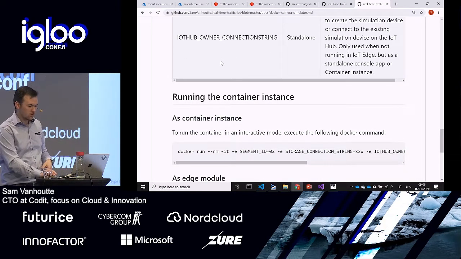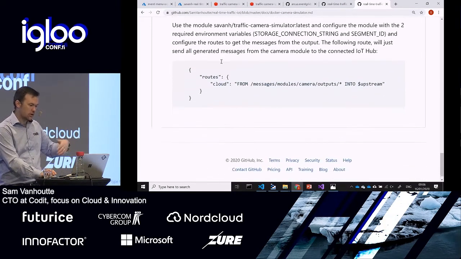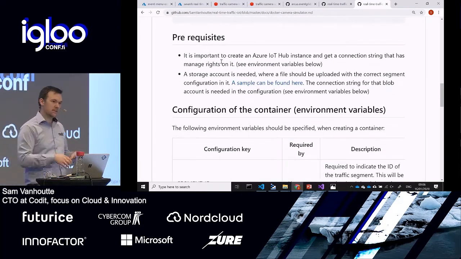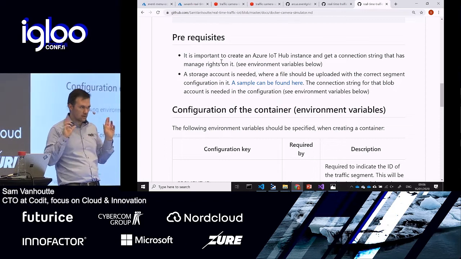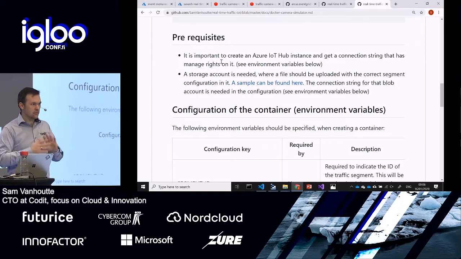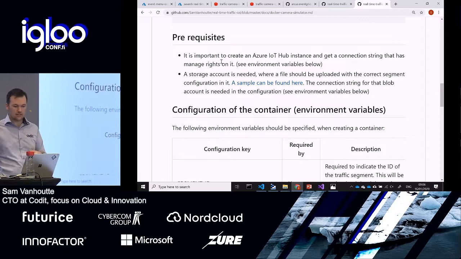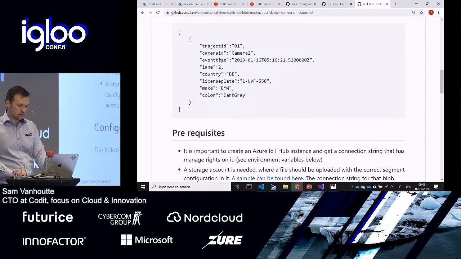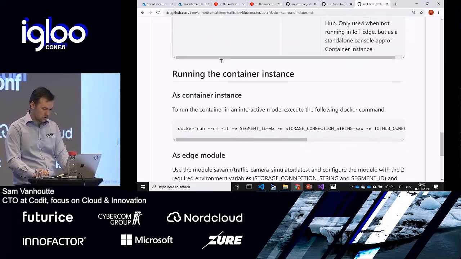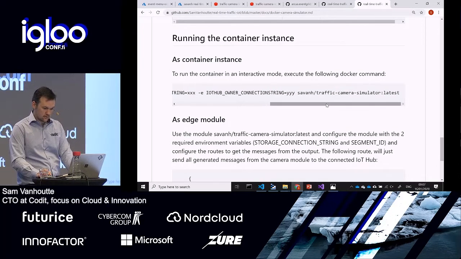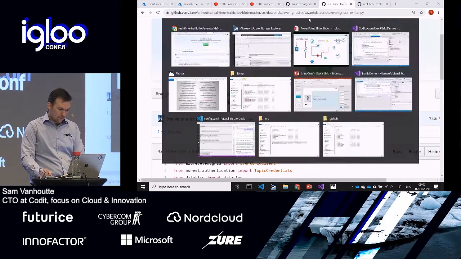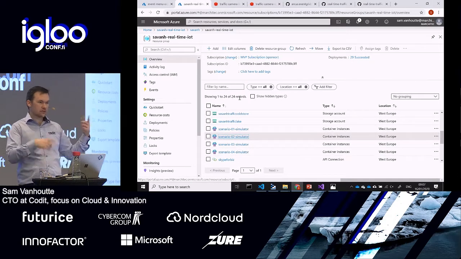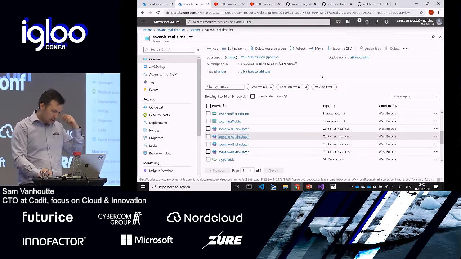It's fully explained how to run it, how to store it as an edge module or as a standalone module. The good thing is that it splits these events into IoT Hub. So if you want to play with IoT Hub and you want to have some real-life-like scenario with data, that's something you can use for free. So just do the Docker run here of this container for you to use. Now, that container is running, it's splitting these events in IoT Hub.